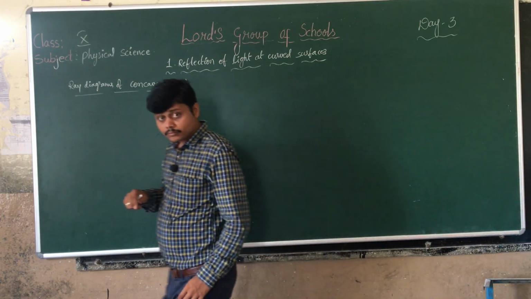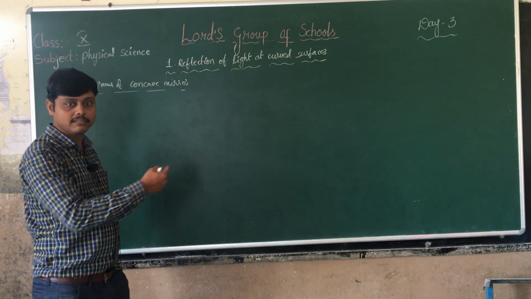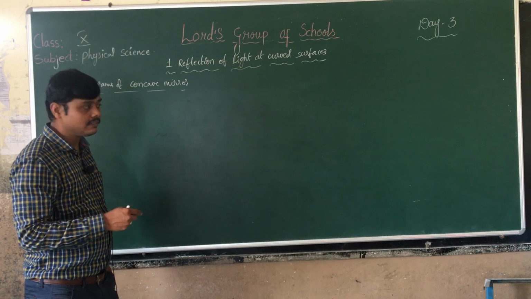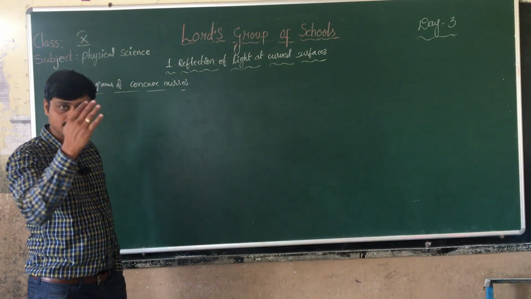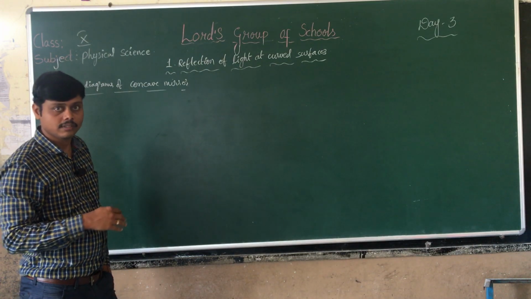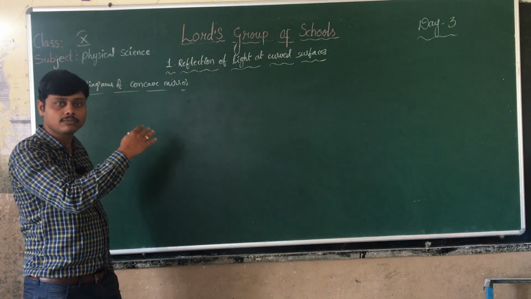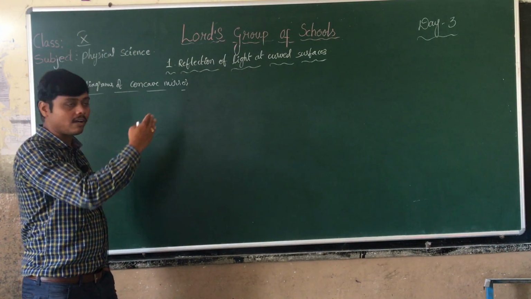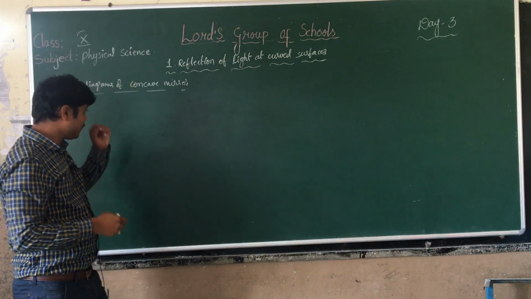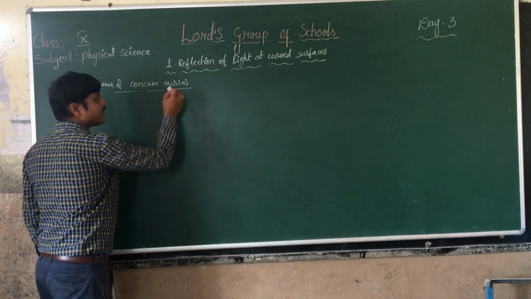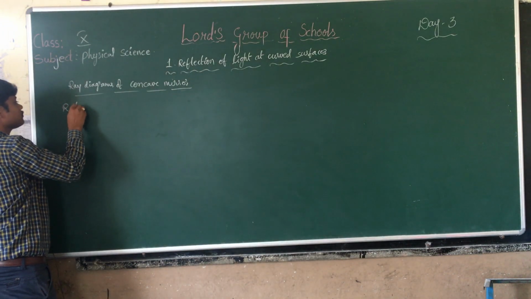In the activity on the previous day, we placed the object before a concave mirror at different places. Six positions are mentioned: infinity, beyond the center of curvature, on the center of curvature, between the focal point and center of curvature, on the focal point, and between the pole and focal point. For these six positions we are drawing the ray diagram here. But before drawing the ray diagram, we have rules of ray diagram.